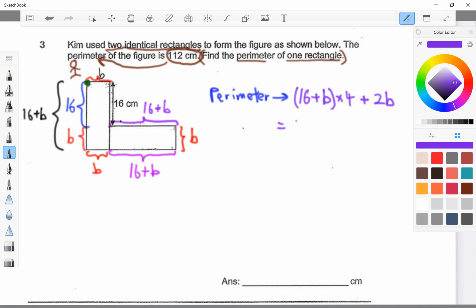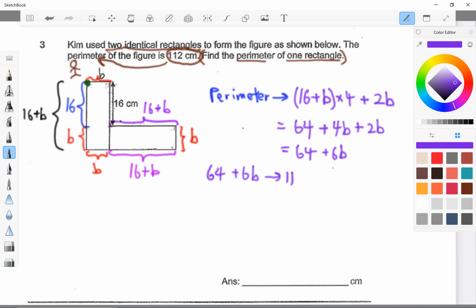So if I multiply in, 16 times 4 is 64. I can actually use a calculator, given that this is Paper 2. So 64 plus 4b, adding up 2b. And eventually, I'll actually have 64 plus 6b. Just a reminder again, the b actually represents the breadth of the rectangle. So 64 plus 6b, if it's 112,